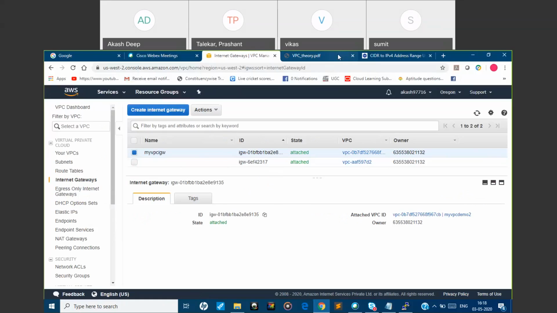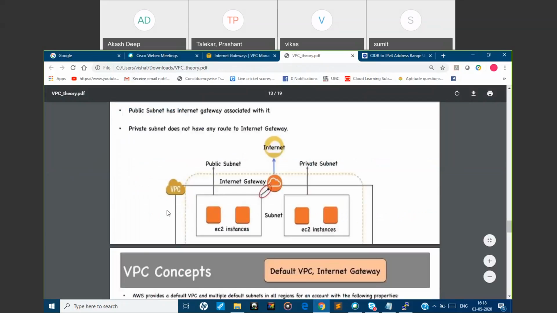The next step. We had created the VPC and attached it to the internet gateway. Now the next step is to create subnetworks.